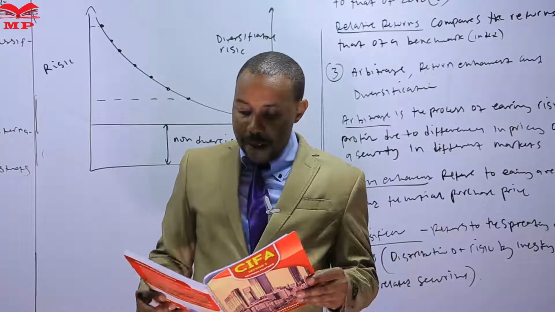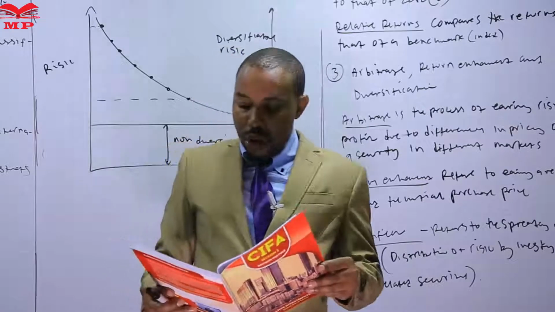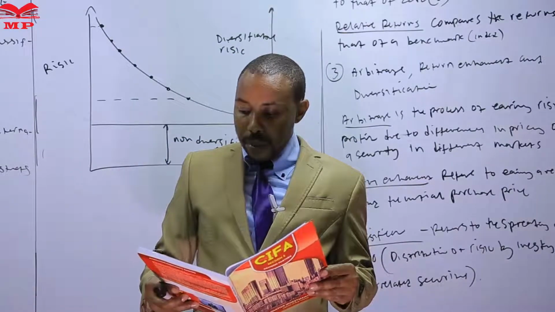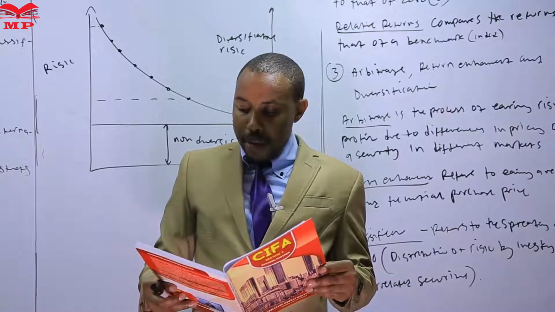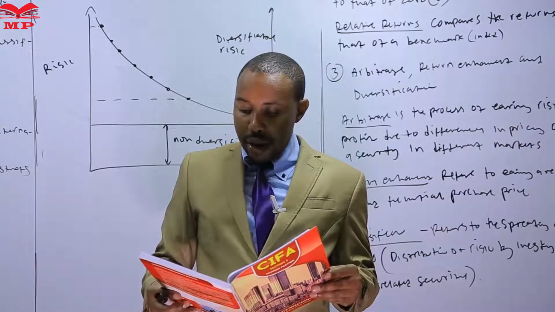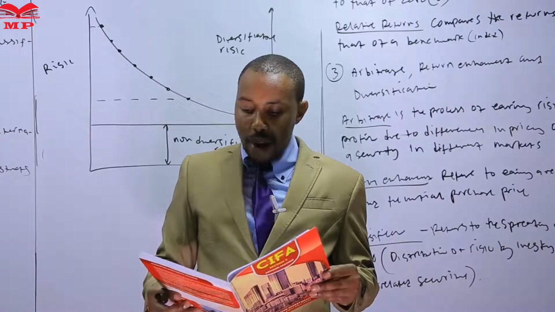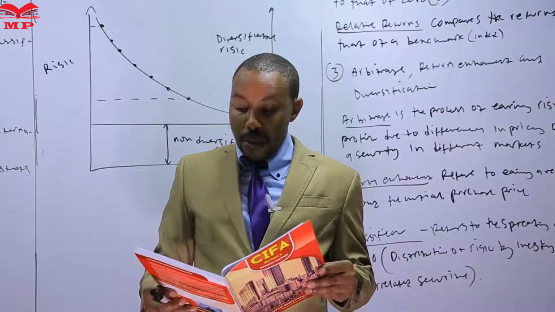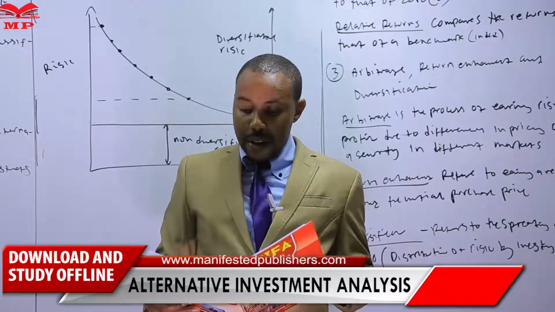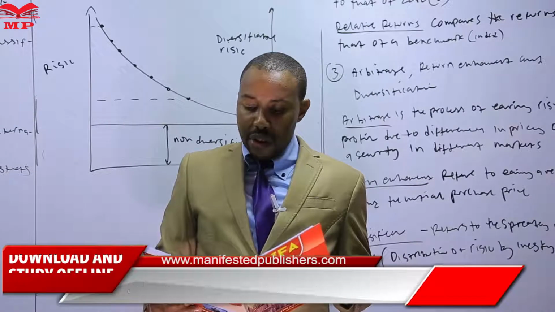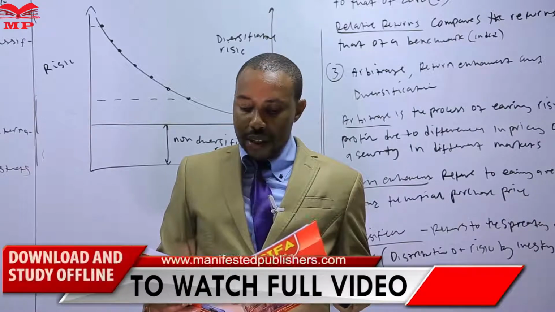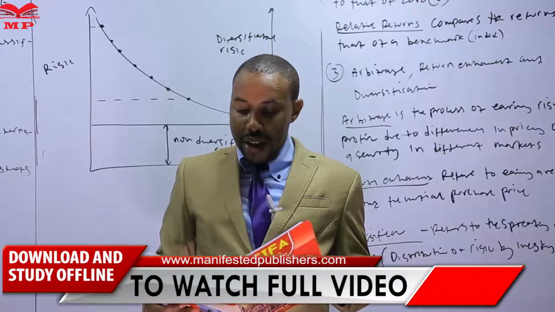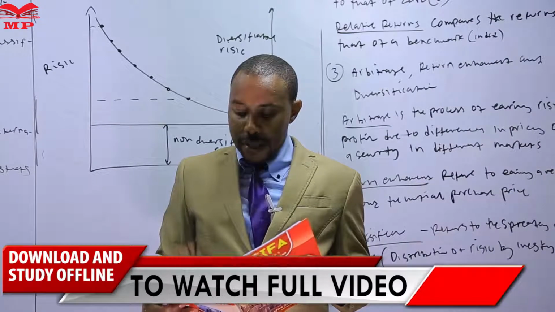We've looked at that. Then the second question I want you to also go and do research on, or go and read on, is May 2017 question 1A, which reads as follows: Explain how the following primary structures distinguish alternative investments from other traditional investments. Number 1 is regulatory structure. Number 2, trading structures. Number 3, compensation structures. Number 4, security structures and institutional structures there.